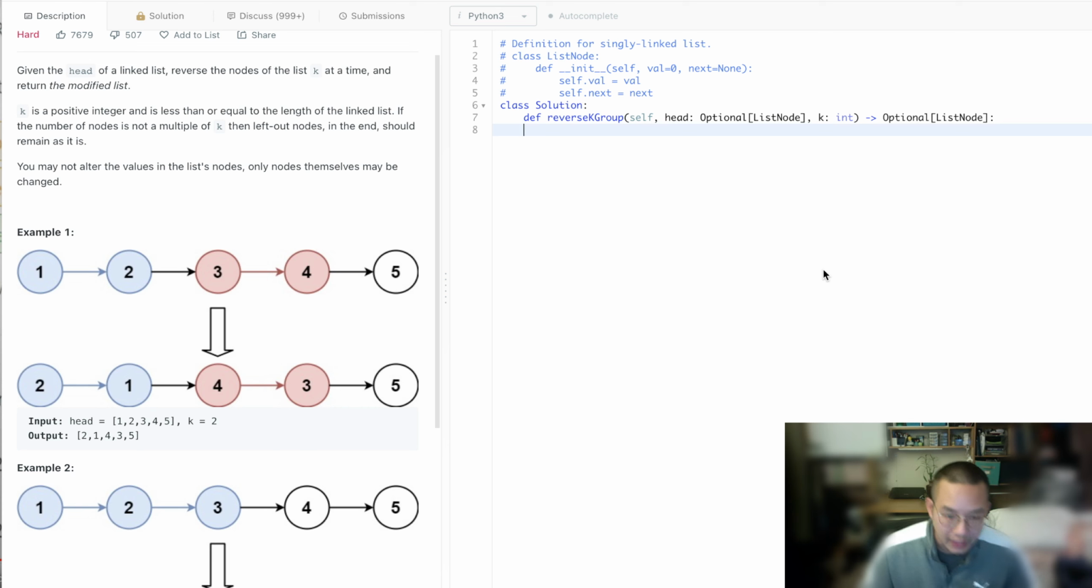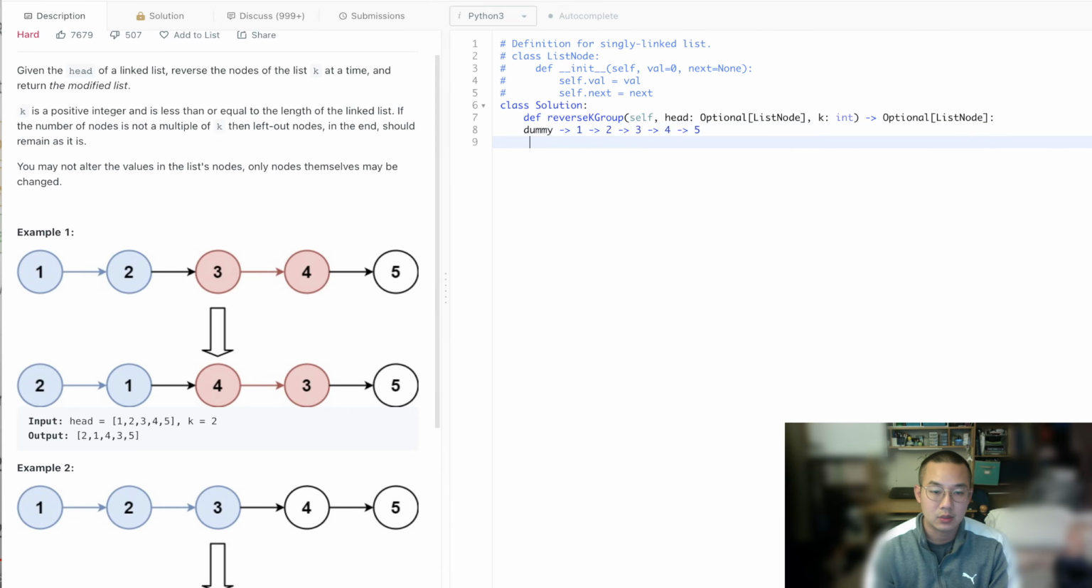So what's going to happen is that we're going to have a dummy node point to the beginning of this, the first item. And what's going to happen is that we need some pointers. This is our previous group. We're going to have multiple previous groups. We're going to set this previous group here, once we have made changes,